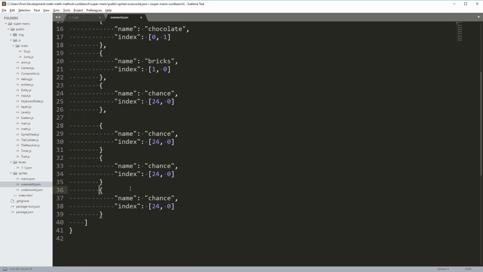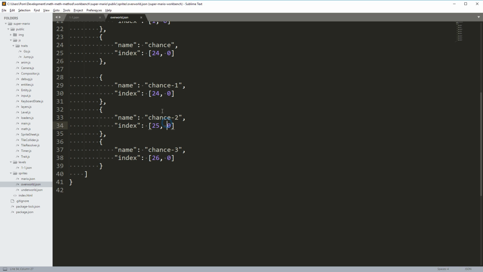I'm gonna do a similar thing to what I did to the run sprites. I'm gonna prefix them with -1, -2 and -3. And I'm gonna just update this index here to 25 and 26. Notice here that I save this old chance block so that we don't break the code while we're changing it. It's better to just add some features and then remove the old feature once we're done with it and don't need it. And what we also want to define in this overworld is